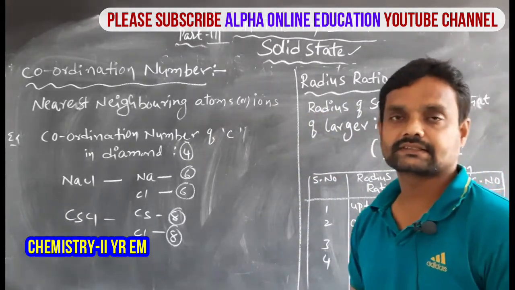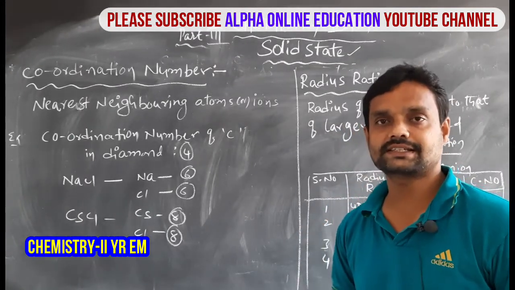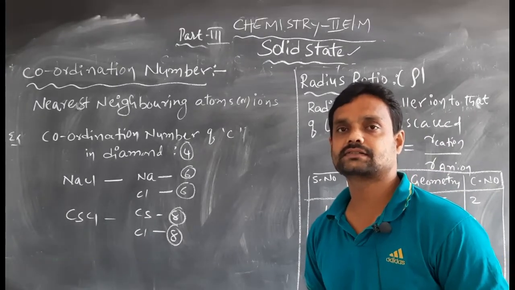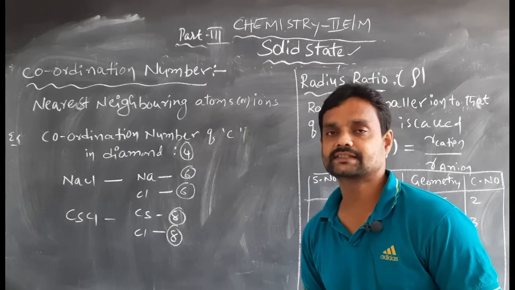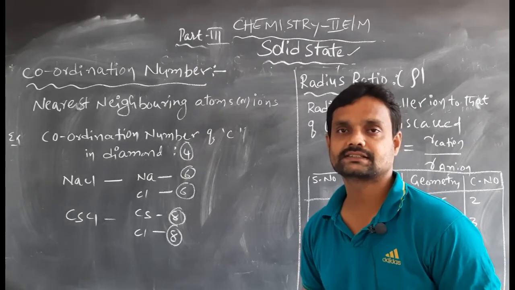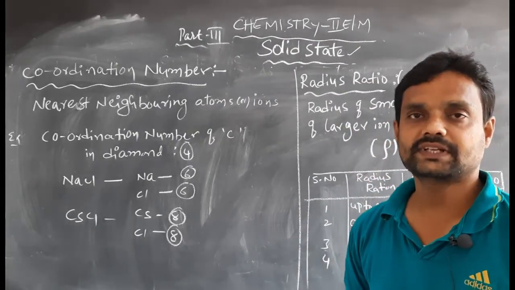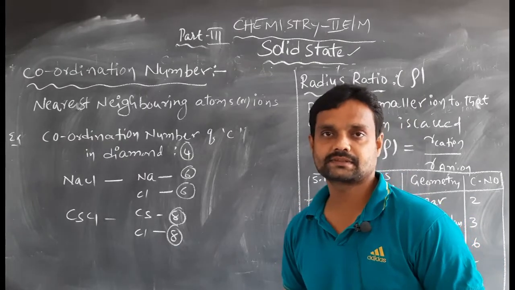So in the previous class we discussed solid state chemistry. On that, we already learned what solid materials are and what the main difference is between solid materials, gases and liquids. Previously we also learned that matter exists mainly in three types.